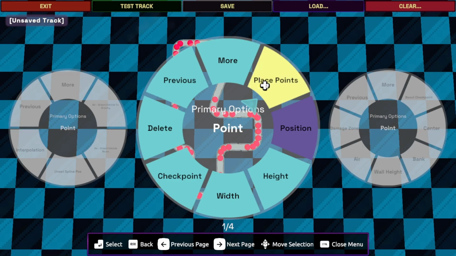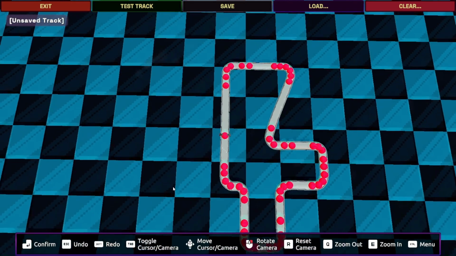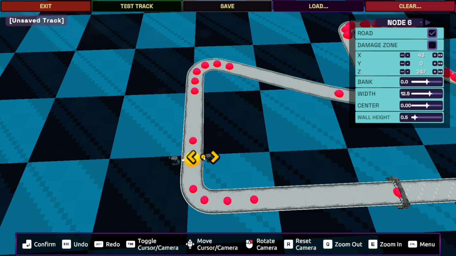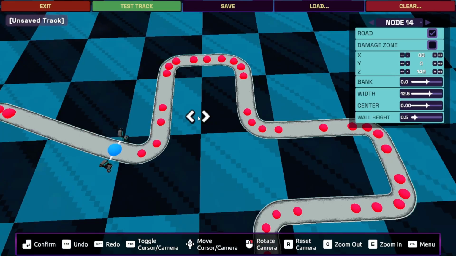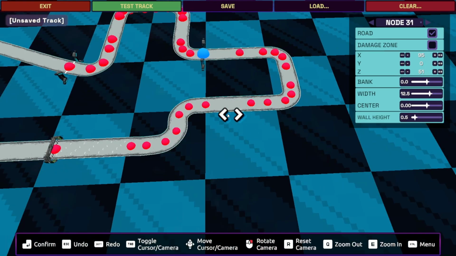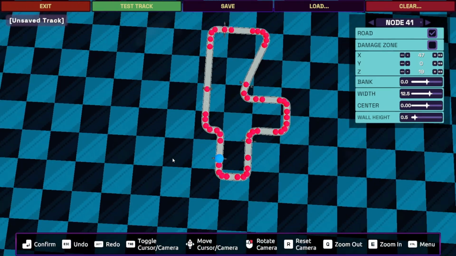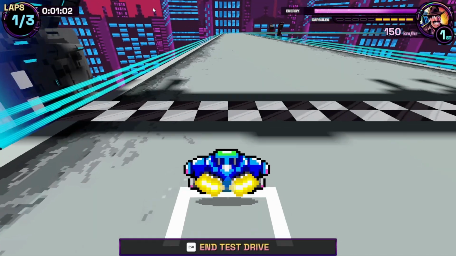And now, if you want to go ahead and test it, all you have to do is go into this wheel again with the points section, click checkpoints, and you need to place down at least 2 checkpoints. So what I'm going to do is place a checkpoint here, place a checkpoint here, maybe one over here, and maybe one last one over there for now. And we will adjust this as is, and then you can go ahead and test your track,